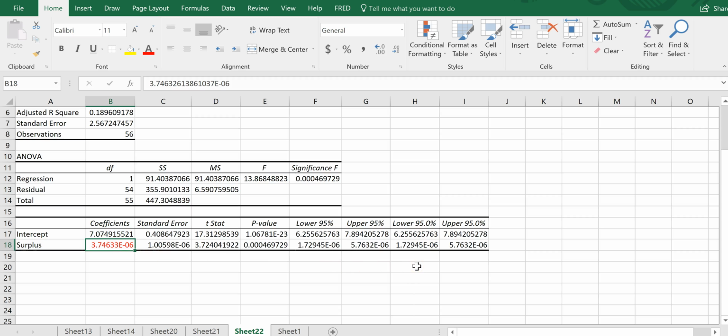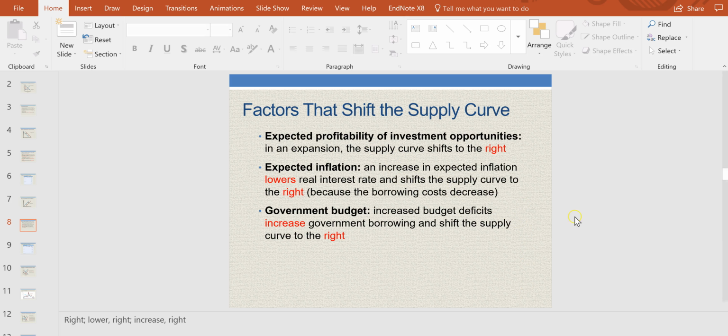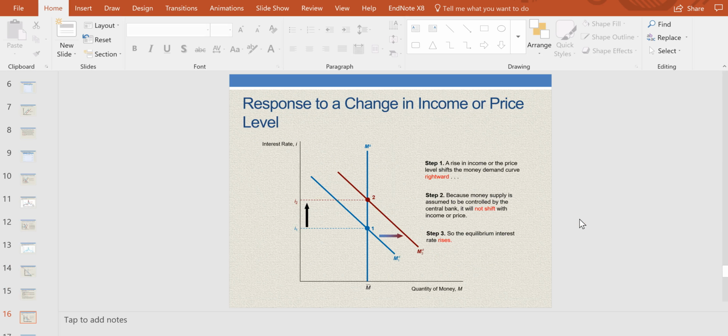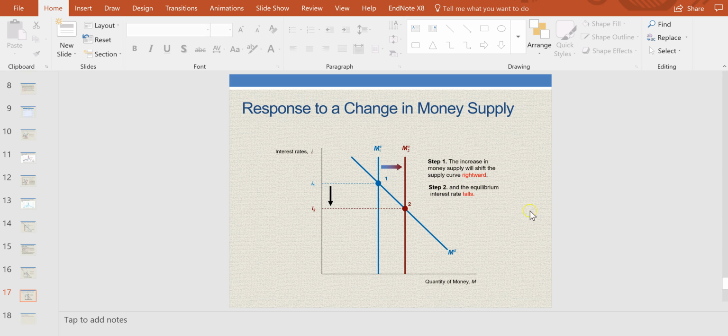So then the best part, and this is the bonus part, is to do some additional analysis to see whether you can justify this kind of conjecture that you have omitted variable bias. So for example, in chapter 5, we look at the personal income, right? Personal income can potentially also affect the interest rate. And based on the second framework we learned in that chapter, we know that personal income can